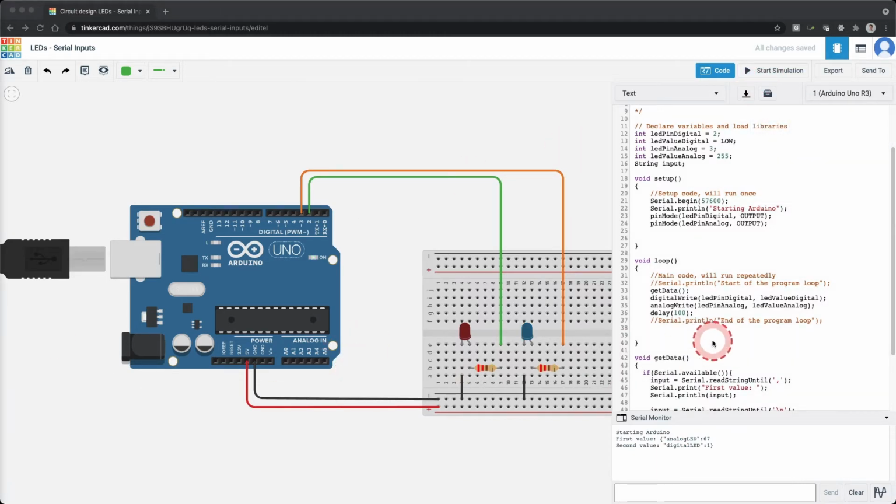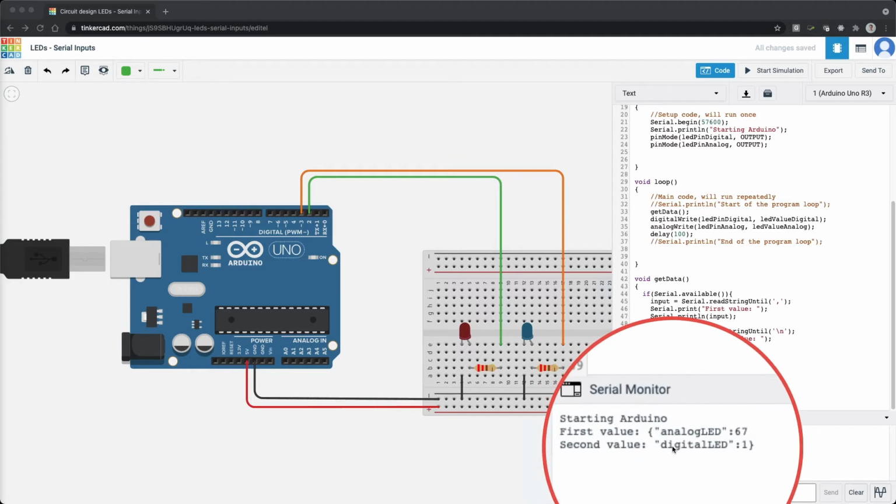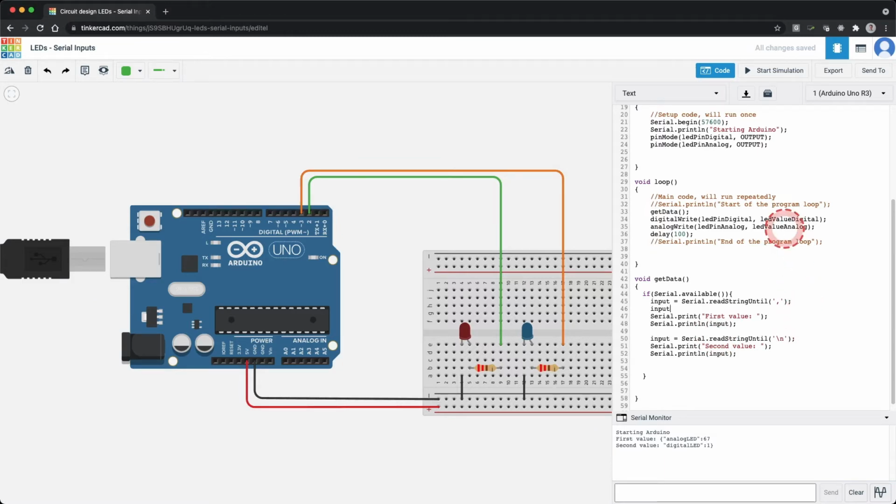Now that we have broken the string into separate strings, we need to identify the component and get the value within each. You will also notice that we have the curly braces in each string. We can use code to format and get rid of the extra characters. Right below the first Serial.readStringUntil, add a line: input.replace("{", "");